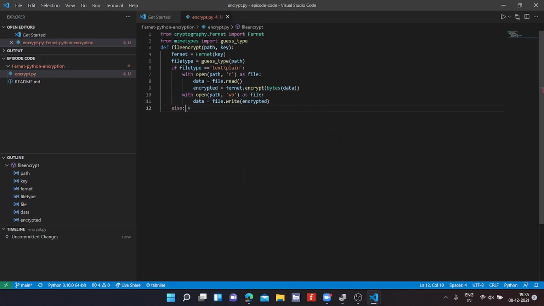Now if the file type is anything but text, we are just going to do the same thing except we are going to read bytes. I'll just correct the indentation over here, and instead of 'r' it's going to be 'rb'. Now after this